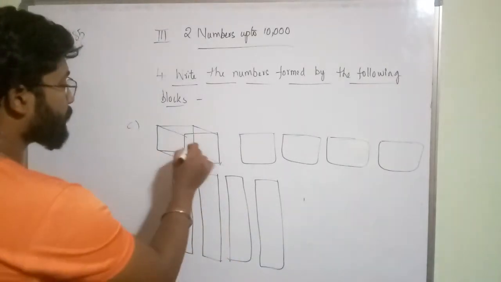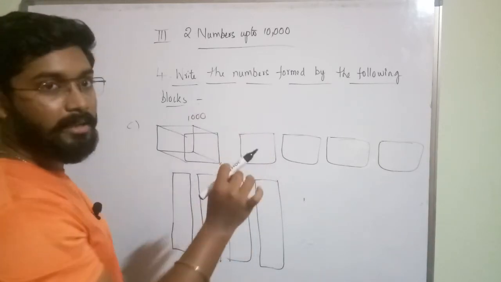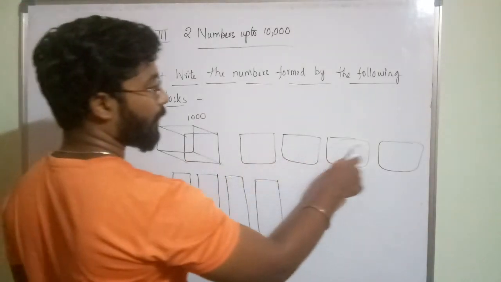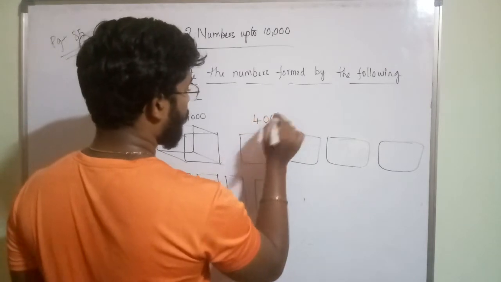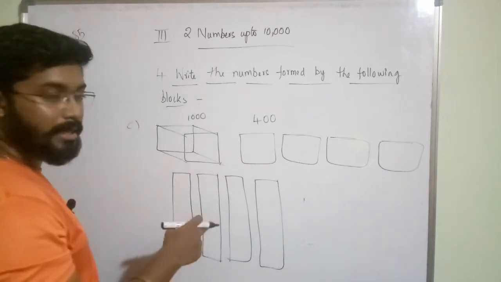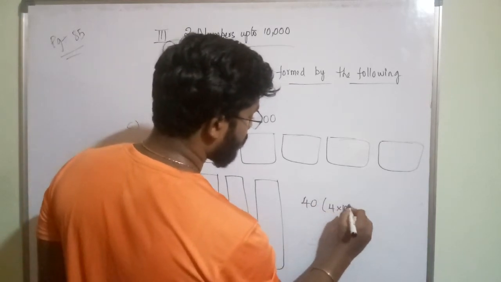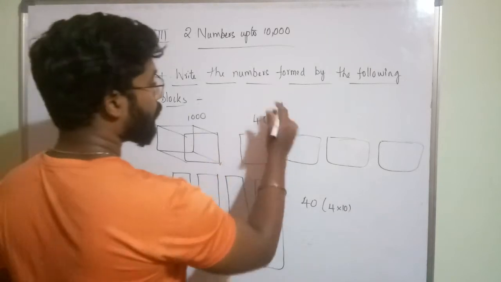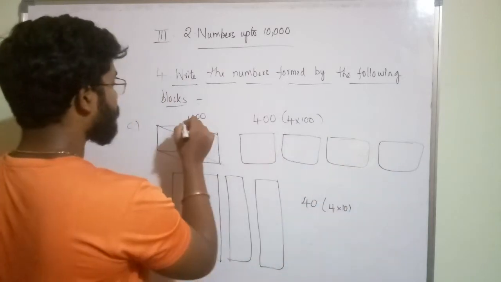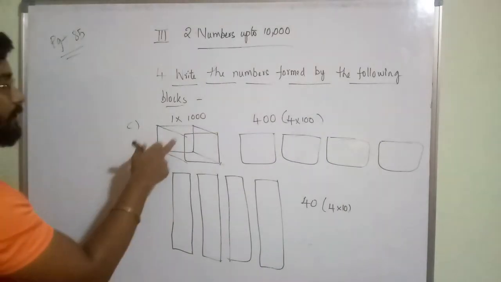Okay, so this value is how much? 1000. So here each value of this box is how much? 100. Okay, 100, 100, 100, 100, 400. Okay, 1, 2, 3, 4. So you are having tall boxes, each value is how much? 10. This is 40. How did you get it? 4 into 10, 4 number of tall boxes. This one 4 into 100, 4 number of squares. This is 1000, 1 into 1000, 1 number of cube. Okay, so cube value is 1000.